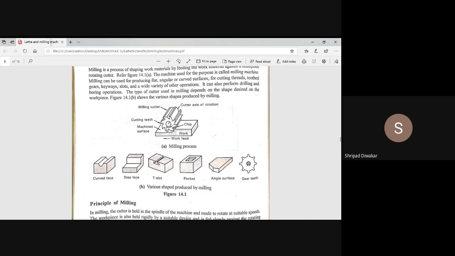But in case of lathe machine, we are using single point cutting tool. And here the workpiece moves, but in case of lathe machine, the cutter moves. And here the workpiece is fed against the rotating cutter. Here cutter rotates, but in case of lathe machine, the workpiece rotates. That is the difference. And one more difference is single point cutting tool and multi-point cutting tools. As compared to single point cutting tool, the metal removal rate is very high in case of milling machine, and we can perform variety of operations.